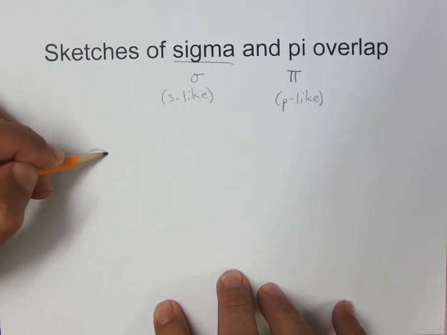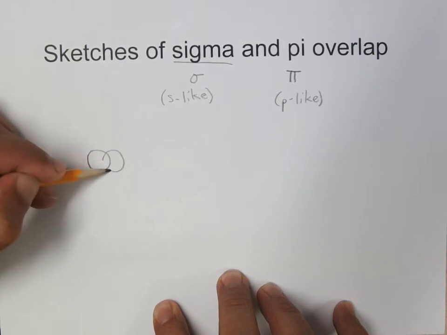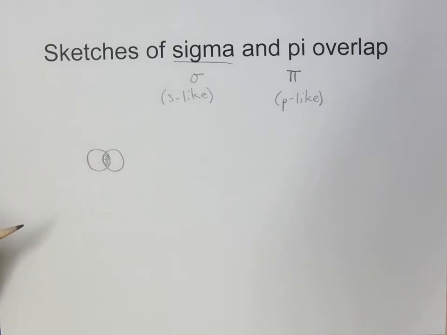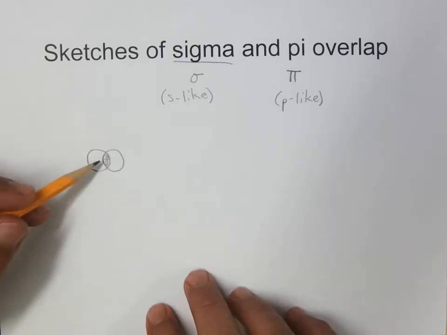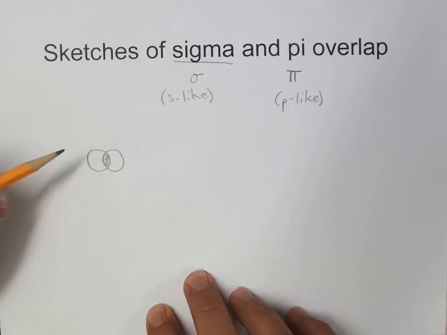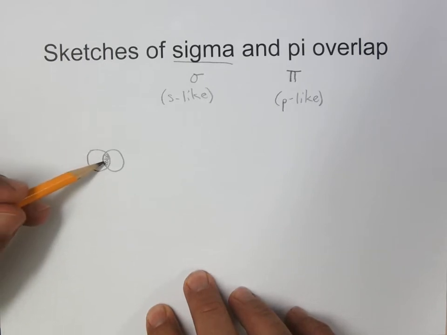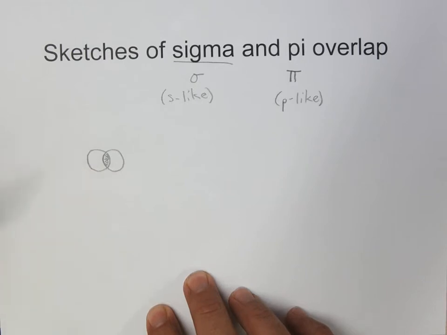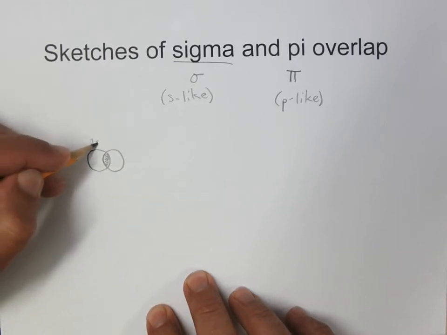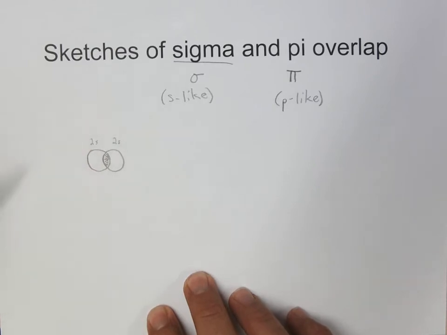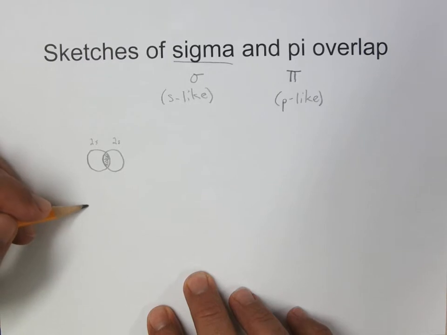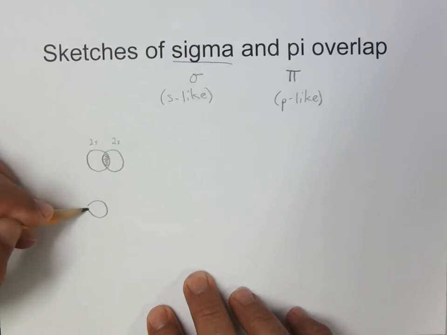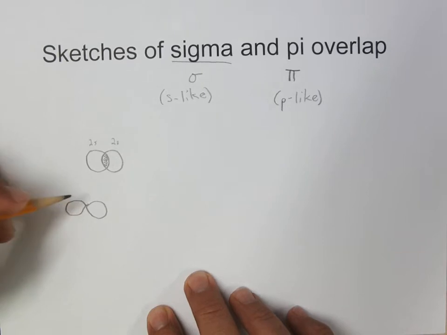The first one would be simply, if you had an s orbital that approaches another s orbital and overlaps with it, you get a certain area of interaction and an orbital. Valence bond theory says that orbitals overlap to form bonds. So if you had a 2s orbital interacting with a 2s orbital, they'd interact like that and you'd get a bond. Now if you had two p orbitals, but they were oriented in this fashion,